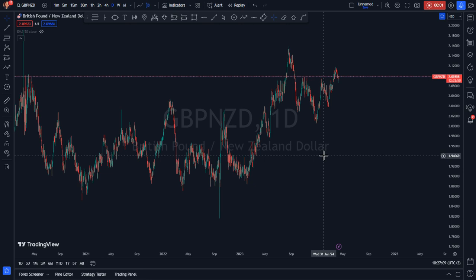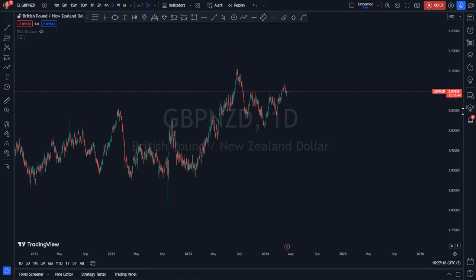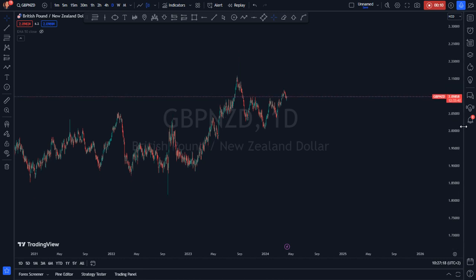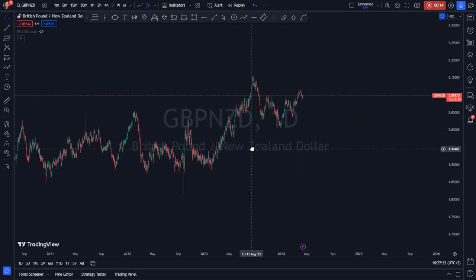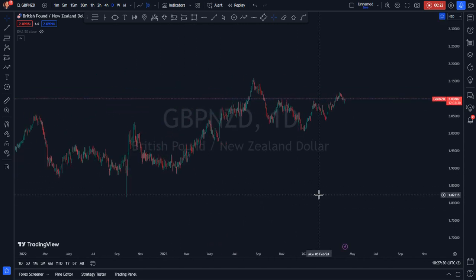So guys, there is this GBPNZD. There is something that caught my attention on this GBPNZD, and I was so interested in trying to figure out what could possibly happen in this one. So let's go about it, and I will show you exactly what got me interested in